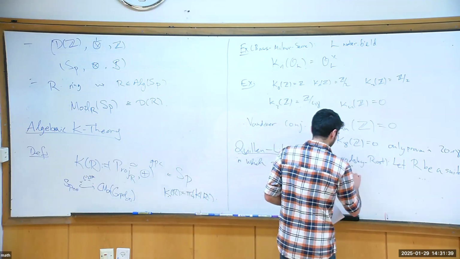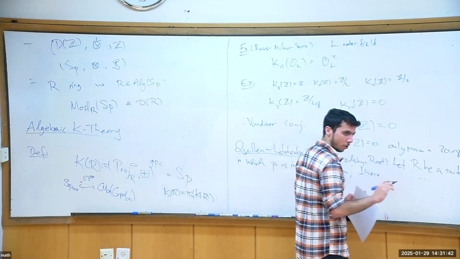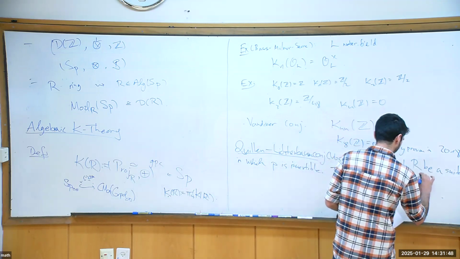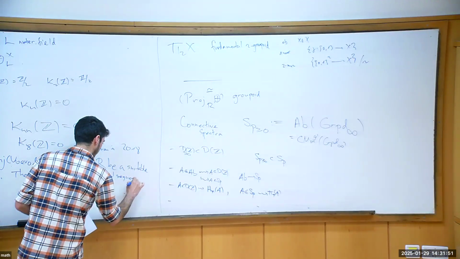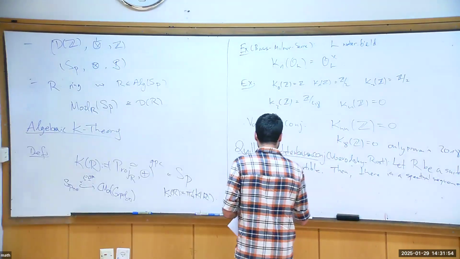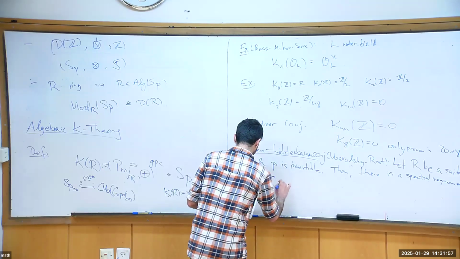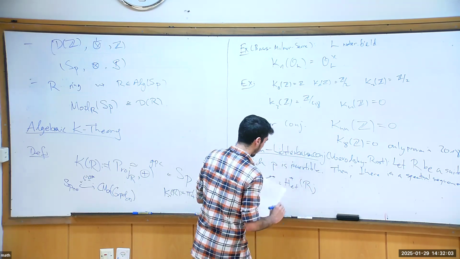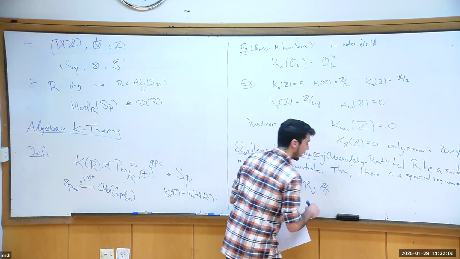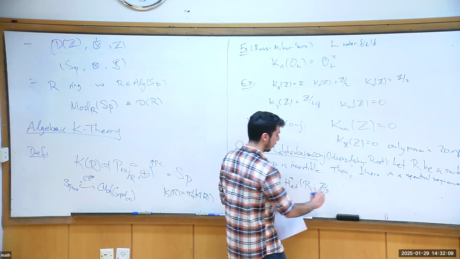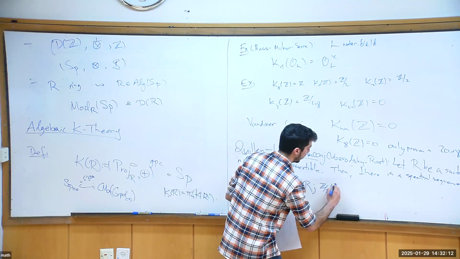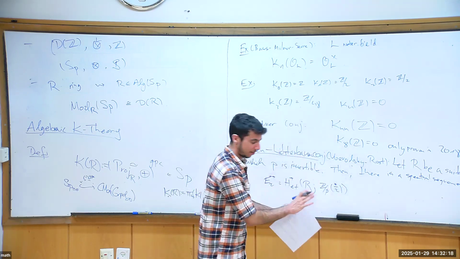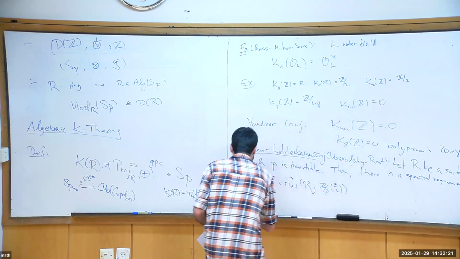Then there is a spectral sequence, and if you don't know what it means, it's fine. I will say something about it in a second. So the spectral sequence starts with the following data. It starts with étale cohomology of R with coefficients in Z/p and all of its Tate twists. It's going to live only in even degrees. In odd degrees, it's going to vanish, and in the even degrees, it's going to be the corresponding Tate twist. If you don't know what this means, it's fine. Don't worry too much. And it's going to converge